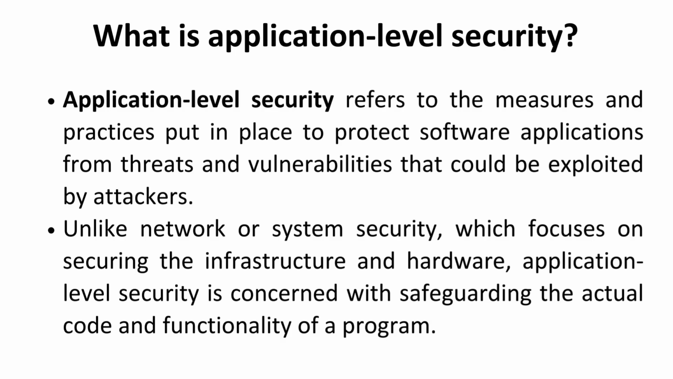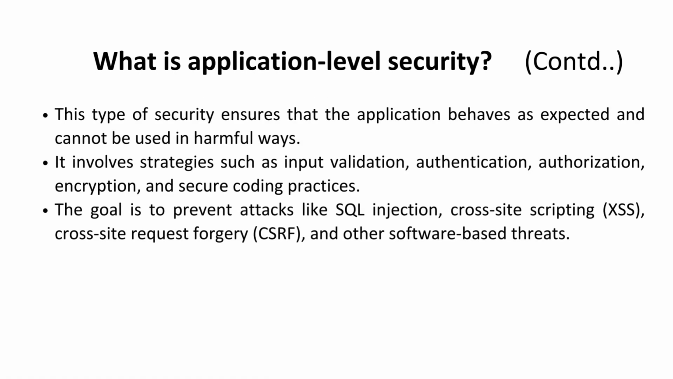So, in general, we can say that application level security safeguards the actual code of the programmer and the functionality of a particular program. This type of security ensures that the application behaves as expected and cannot be used in harmful ways. It involves strategies such as input validation, authentication, authorization, encryption, and secure coding practices. The goal is to prevent attacks like SQL injection, cross-site scripting (XSS), cross-site request forgery (CSRF), and other